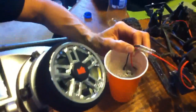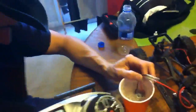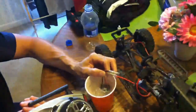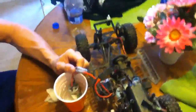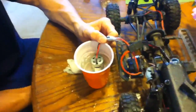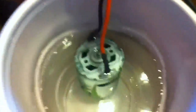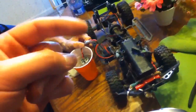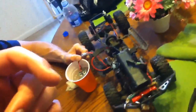Okay, when we come back, you'll see we're getting near the end of the break-in, so stay tuned. Okay, this is the final part of my break-in procedure of an Axial 27 turn motor. You can see that there are black marks and the cup is turning gray from all the dust that's coming out of it. For the last step, just one time, hold it full throttle for about 10 seconds,